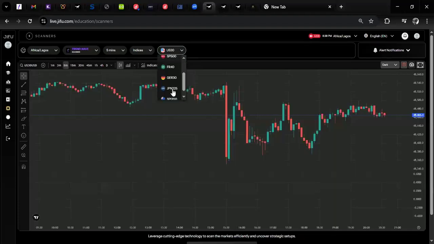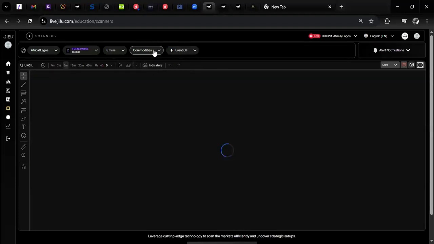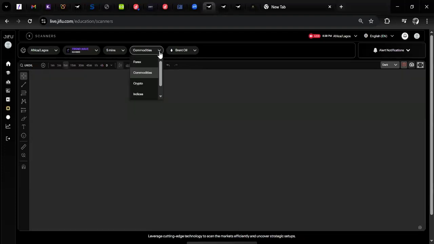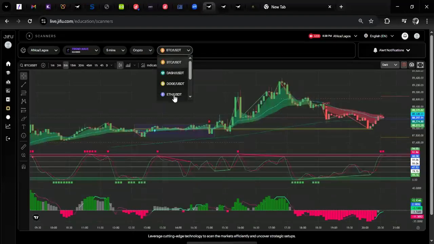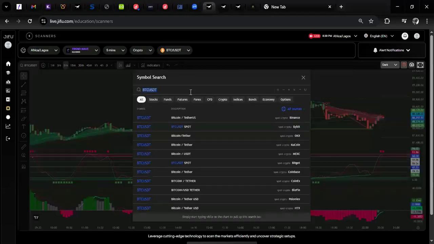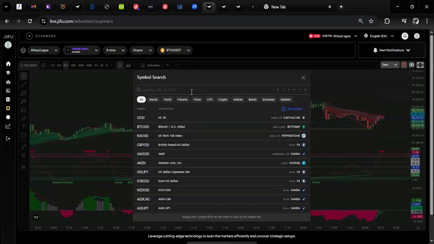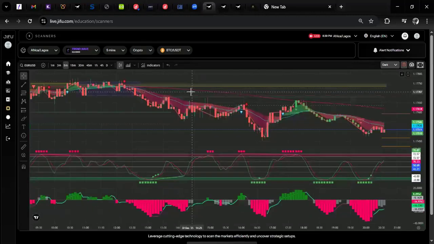But our example here is crypto, cryptocurrency. You list all cryptocurrency. You can manually search for BTC USD or Ethereum USDT. Now, if you don't want to do all of this, just come here and search for whatever pair you want to trade, for example EUR USD. Boom. Once you click on it, it gives you EUR